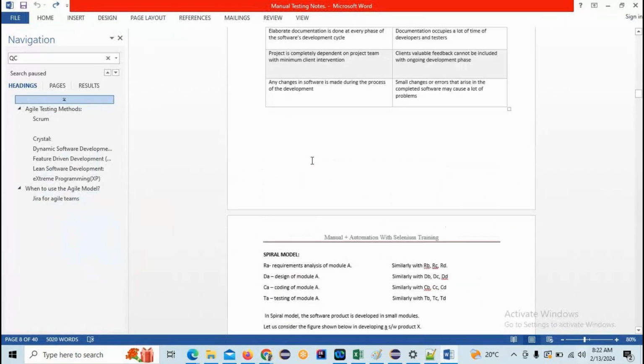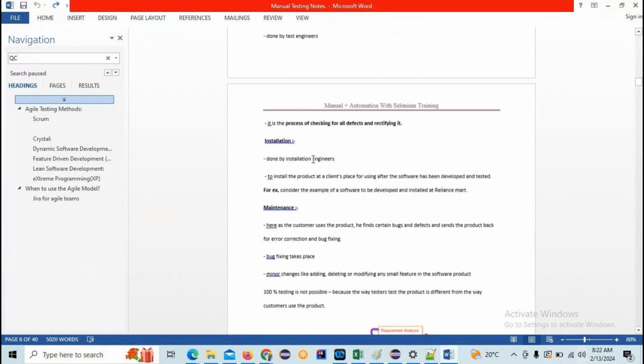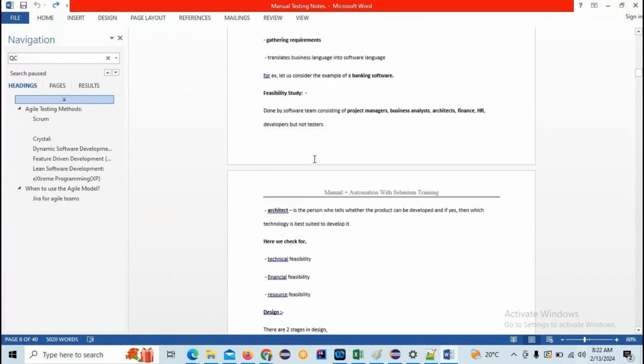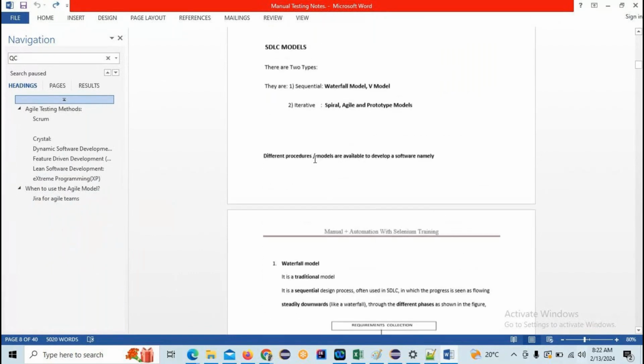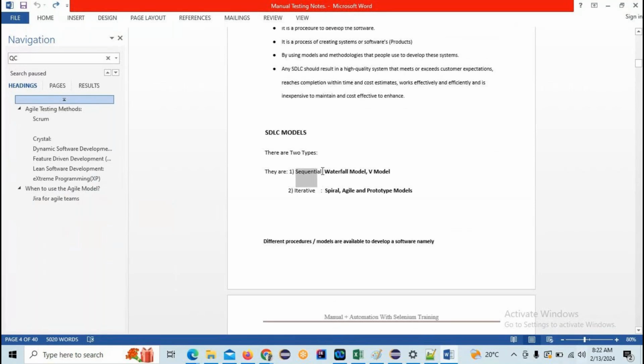Okay, so actually here we have four models, right? Today we can see one sequential model and one iterative model. And tomorrow we can see one sequential model, V model and agile model. I thought to complete the four models in a single day, but it won't be good,